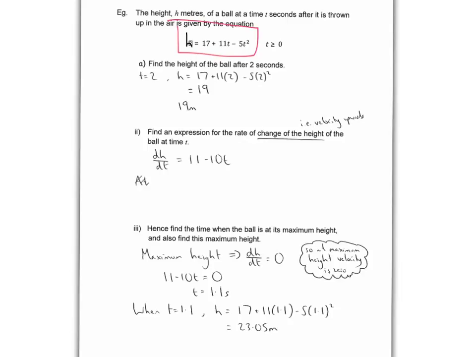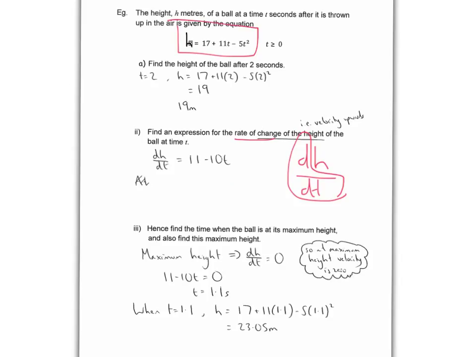Now, rate of change of the height. This is asking you about height. It's asking you to say something about h. And it's saying the rate of change, so we're asking for dh/dt. You're being asked, how is h changing with respect to time? Based on our conversation earlier, we know that the rate at which your height changes is actually your velocity. So when I calculate dh/dt, which involves bringing down powers and decreasing the power by 1, I get 11